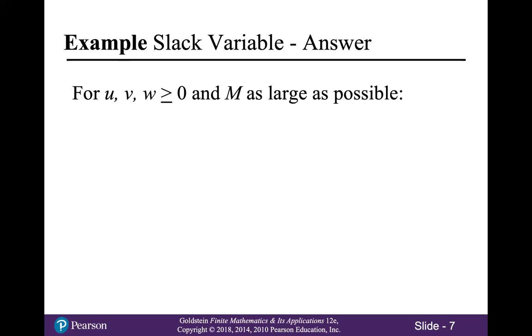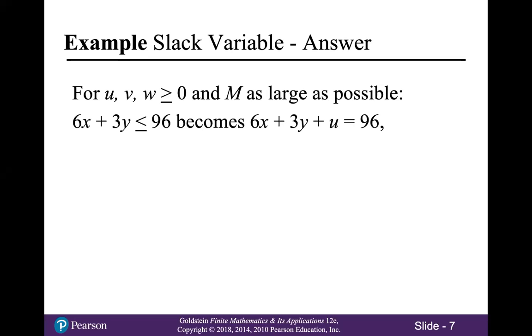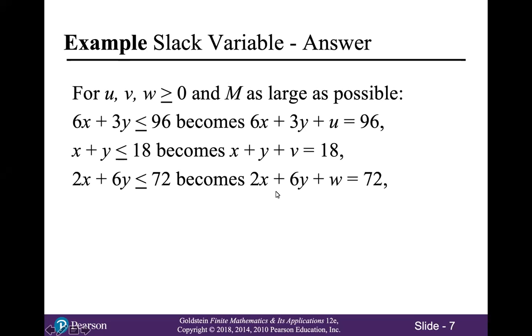So for u, v, and w greater than or equal to 0 and m as large as possible, we're looking for a solution to the system of equations 6x plus 3y plus u equals 96, x plus y plus v equals 18, 2x plus 6y plus w equals 72,